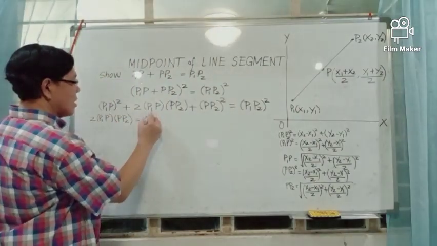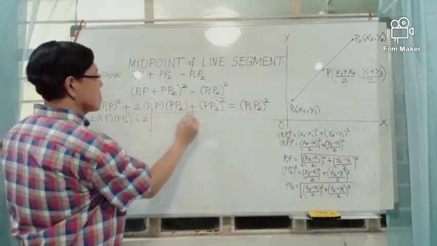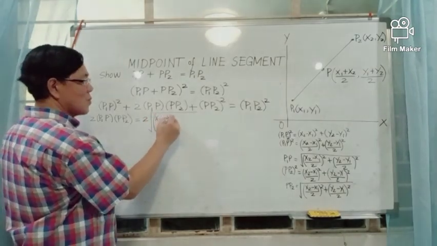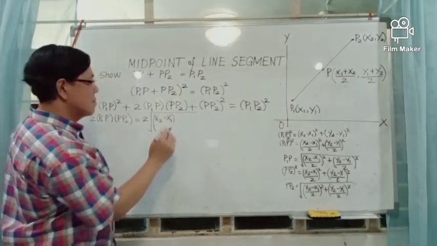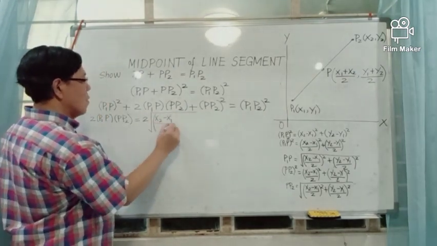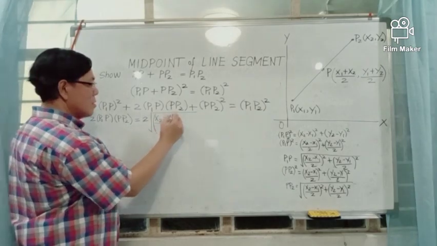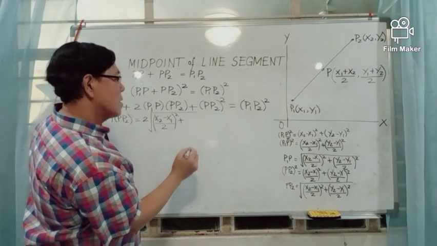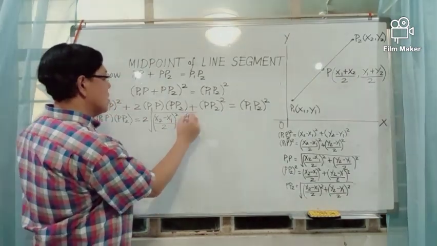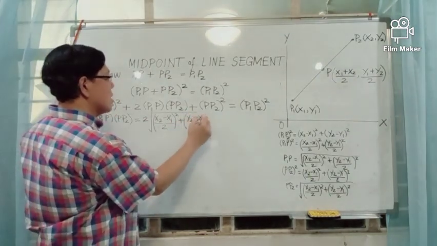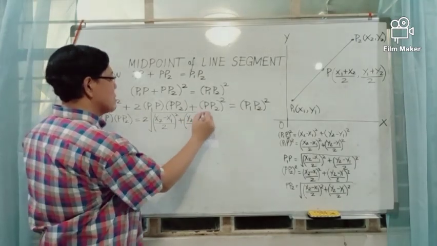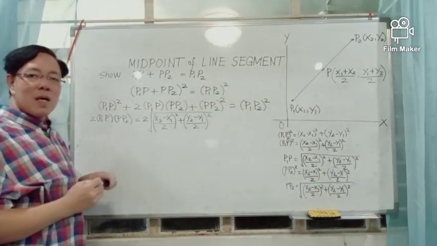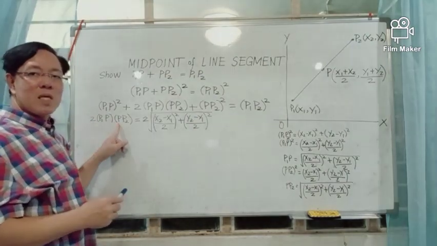We write 2 times the square root of ((x2 minus x1) over 2) squared plus ((y2 minus y1) over 2) squared, multiplied by the distance between P and P2